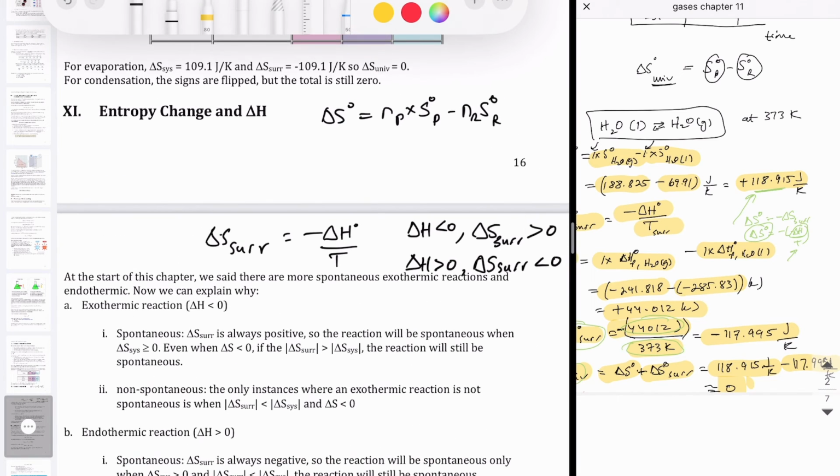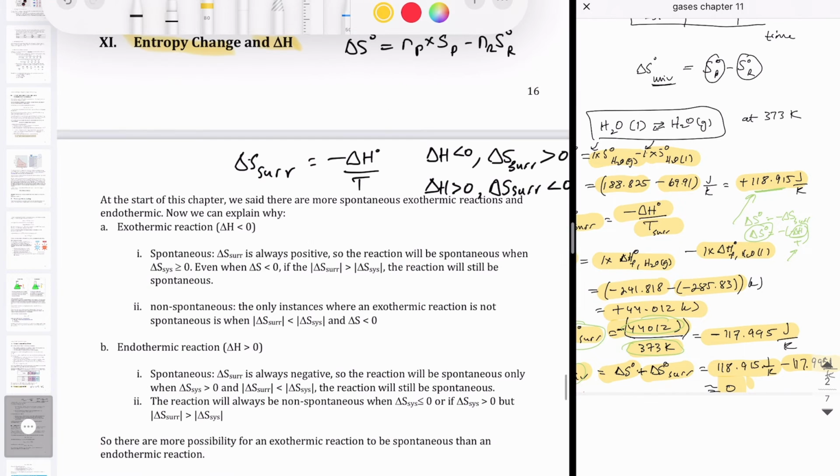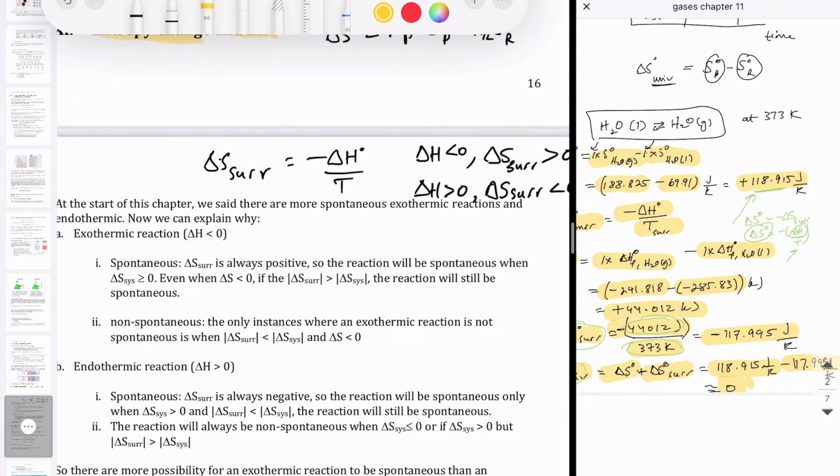Now I want to point out something that we had observed early on in the beginning of this topic on thermodynamics, and that is about entropy change and delta H. Remember that at the beginning, we kind of looked at delta H as perhaps the quantity that will tell us whether a reaction is going to be spontaneous or not. But then we concluded that that's not really the case. However, I did say at that point that if we look at all the reactions that are possible in the universe of chemical reactions, we notice that exothermic reactions, more of them tend to be spontaneous, whereas endothermic reactions, more of them tend to be non-spontaneous. Now, we didn't really explain why at that point, but now we can.